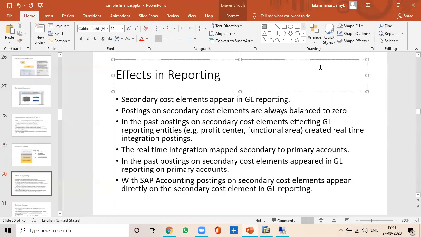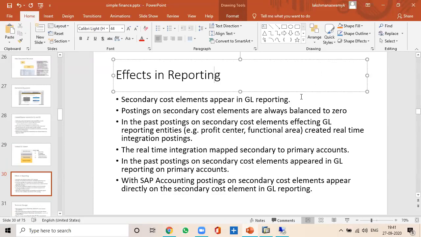When you execute the assessment in S4HANA, a CO document is posted with the sender and receiver debits and credits. In addition to that, the FI document is also posted in which the secondary GL account is debited once and credited once in the same document. As a result, the balance in that document is zero. So it will not have any impact on the